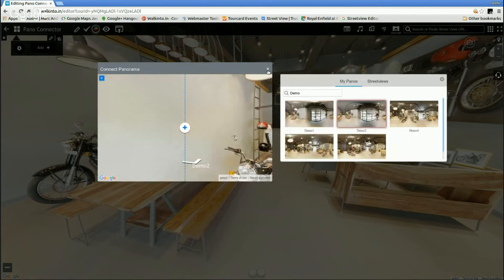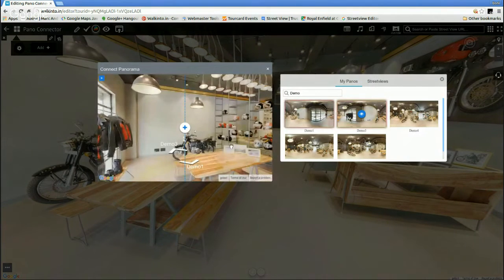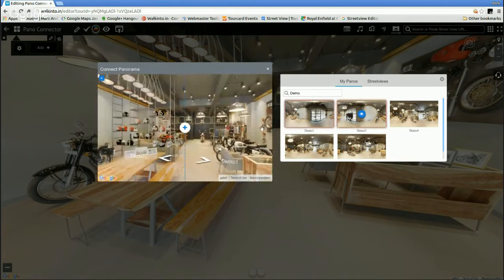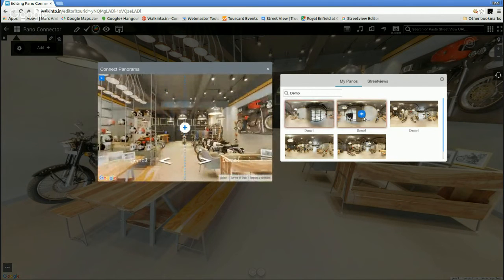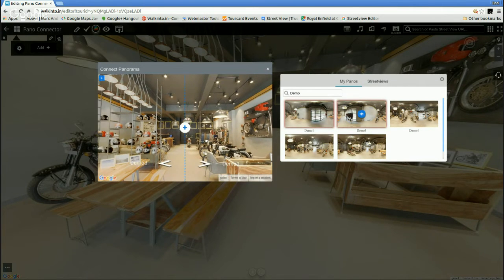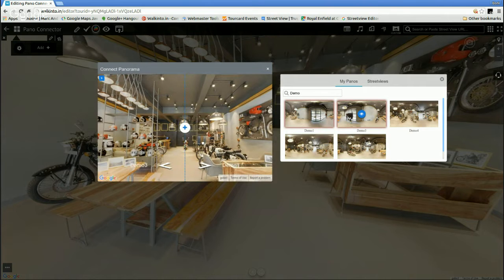Now let's take a look at how it is looking. Here there are some small visual elements that are happening. For example, here I am on demo 2. You can see that on the right side, demo 1 and demo 3 have a red icon next to it. That kind of denotes that it's already connected. You cannot mess around with that anymore. It's a visual indicator.